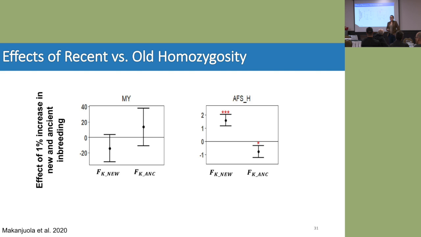Yes? This may be convoluted, but is the new inbreeding looked at on animals that had no inbreeding already? That's a good question. You try and base it on, if you're going like 30 generations back, you're trying to find animals that aren't that related, and then you've created a loop in the pedigree that's very recent. So you're trying to pick out the examples that are truly recent compared to old.